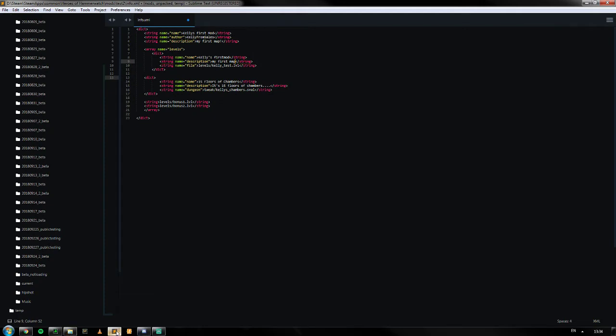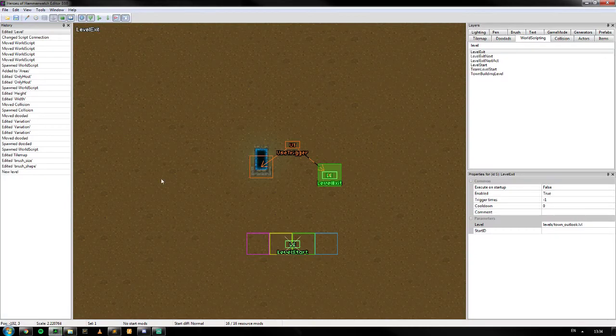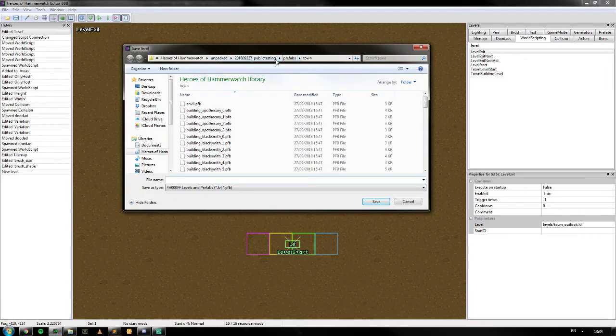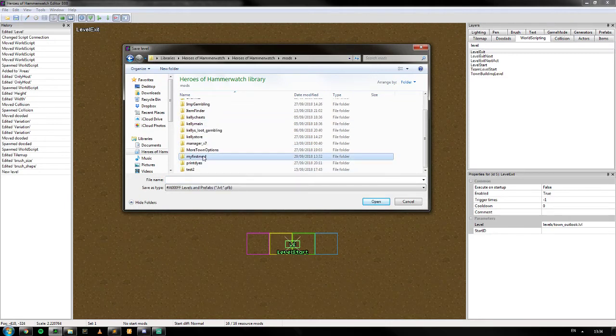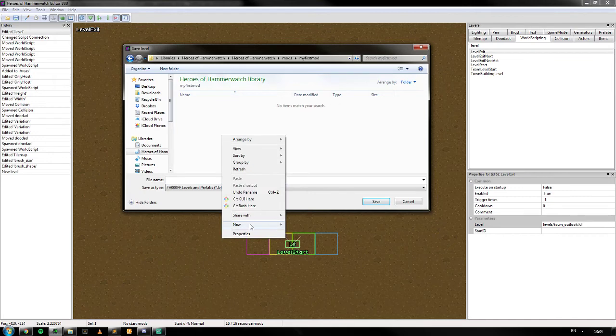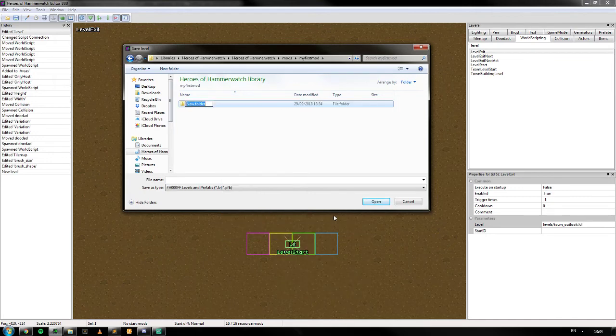So if we go back to the editor, when I save this level, I want to save it to something that's going to match here. So mods, what did I call it? My first mod. So now we've got this empty folder. I want to make it similar to the way the unpacked assets were, if you remember. I went into that and then into levels and then I had all the levels. In my first mod, I want to do that again. So I want to make a folder called levels. And then in here, I can save it as